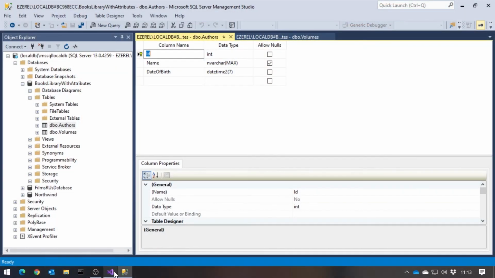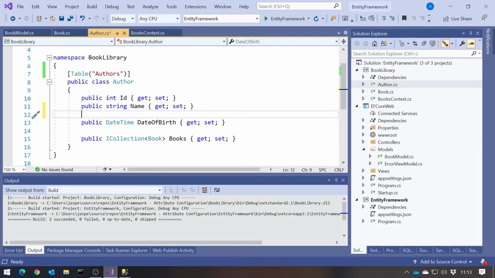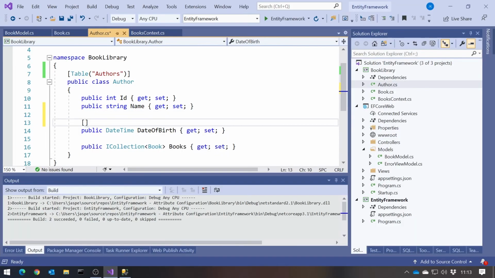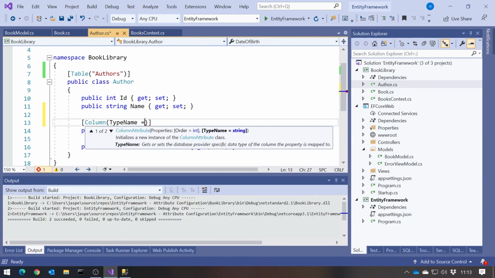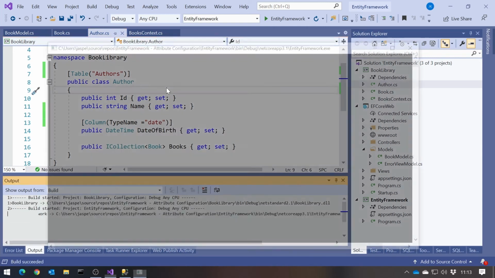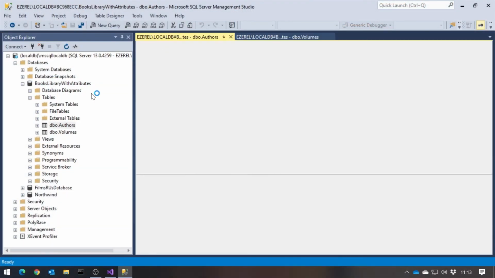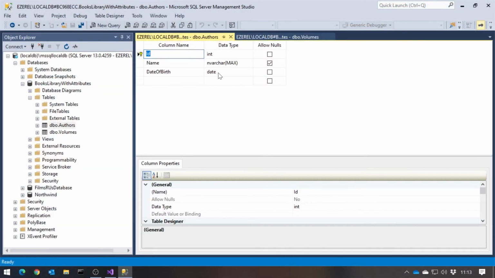So again, we can use this Column and data type on there. So all we need to do is on this one, say Column, and then TypeName equals, and if we just go for the SQL Server type of date, then that's something that I'd try to remember to do early on, because once you've got lots of datetimes in there, it's a bit of an effort to convert them. So do think about that early on, and whenever you've got something that is really just a date, even though it's a DateTime in C#, you want it as a date in your database. And so we can see now that's just a date and using up less memory.